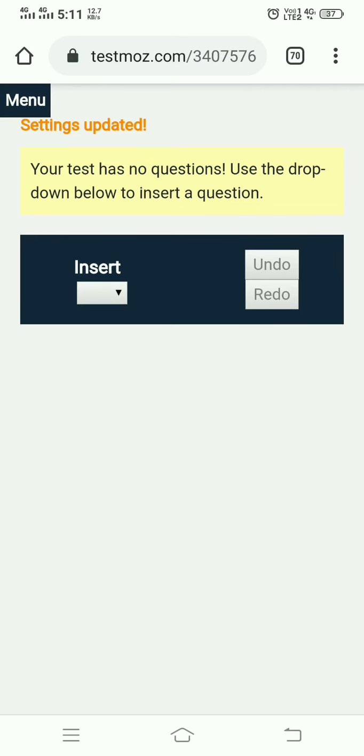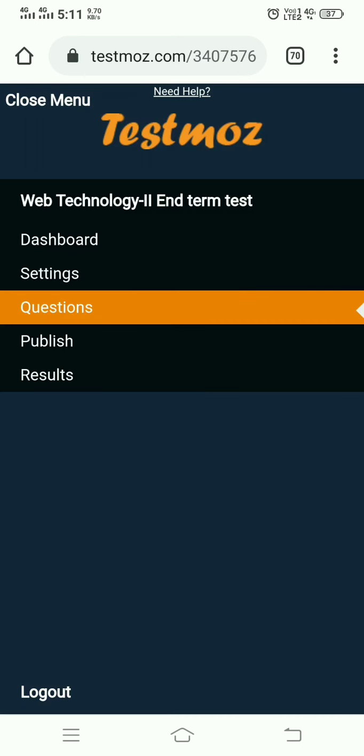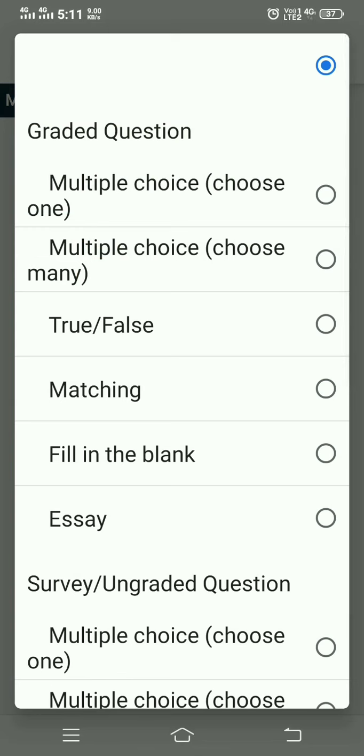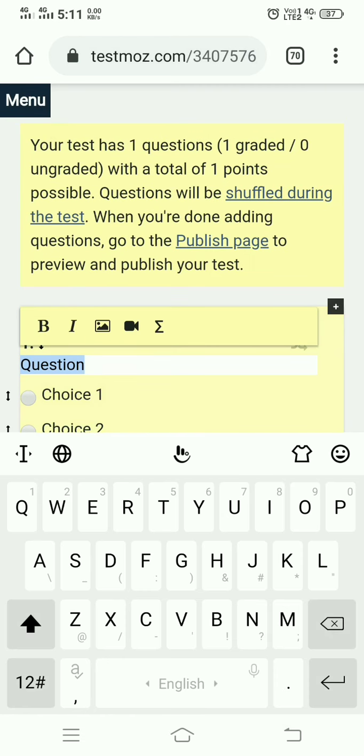Okay, so it directly goes to the questions. So here click on questions. You can insert one simple question. For example, here there are options available, that is 1, 2, 3, 4, 5, 6 options are available. Survey is not available inside the free version, so we just choose, for example, multiple choice questions. So here I just add one question: